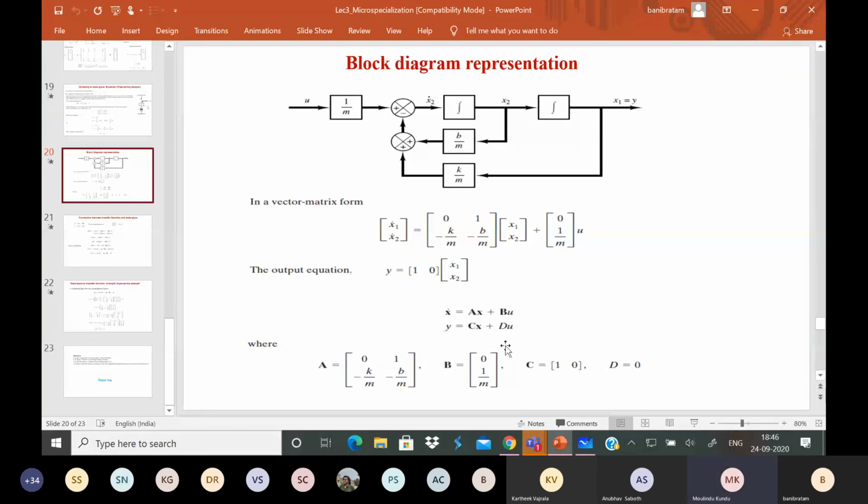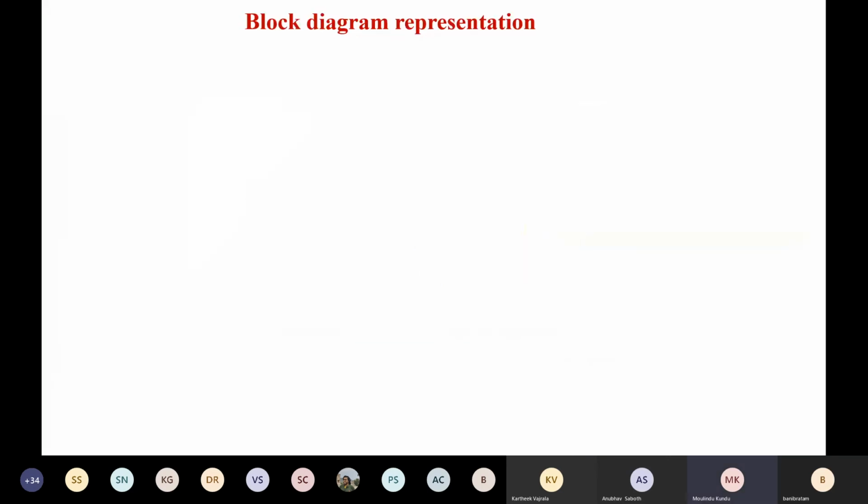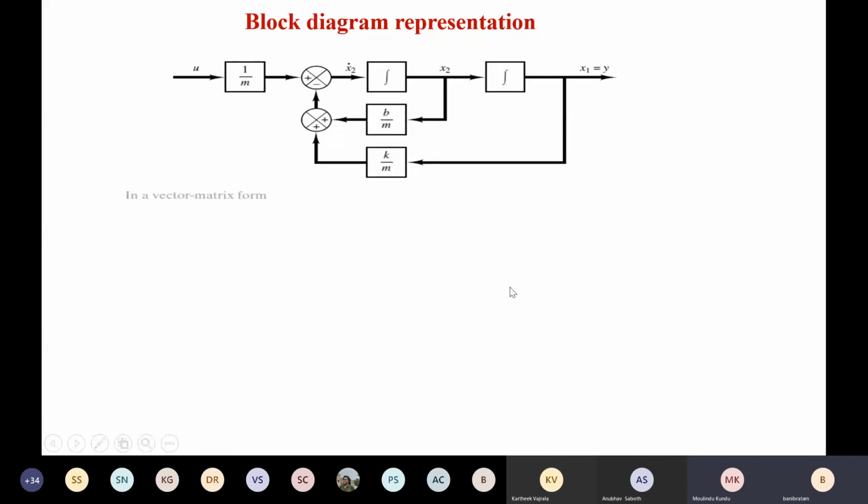Sir, how does the whole process work? I mean, what is the order of the work? Now, order of the work means the basic concepts I told: I have an nth order differential equation that I am converting into n number of first order differential equations using this vector matrix representation form, and this particular representation is called the state space representation.